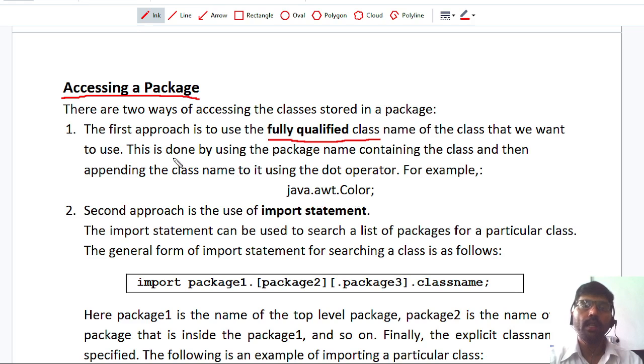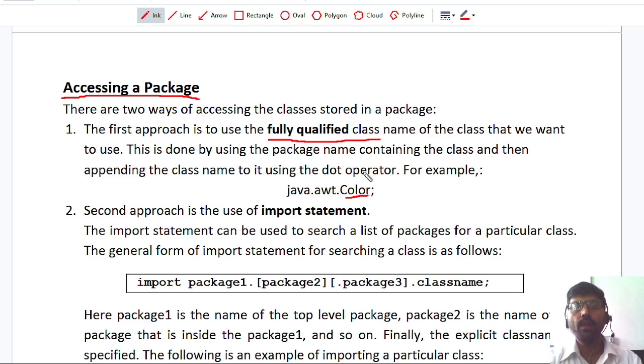Now here, accessing a package in a fully qualified class name is done by using the package name containing the class and then appending the class name to it using a dot operator. You see here, if I want to access a class called Color, this Color class is actually available in the java.awt package.